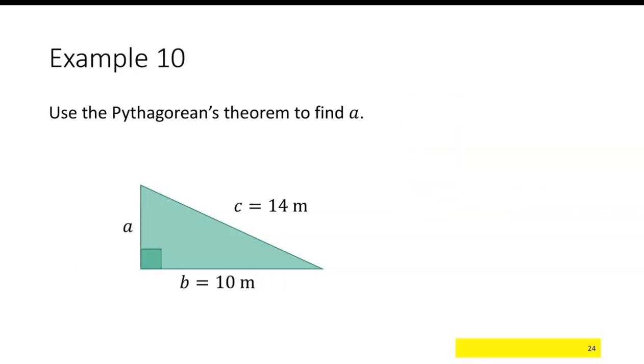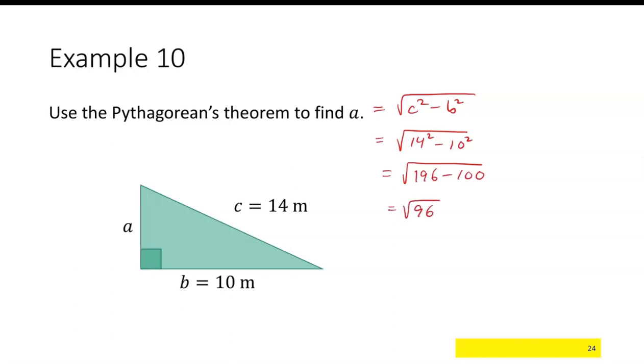In this case, say I want to find a, and that's going to be the square root of c squared minus b squared, where c is 14 meters and b is 10 meters. So this would be the square root of 14 squared minus 10 squared. 14 squared is 196 minus 100. So this comes out to be the square root of 96, which is approximately,